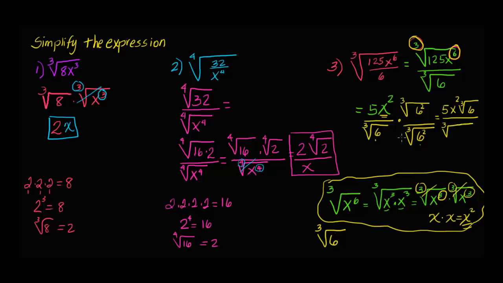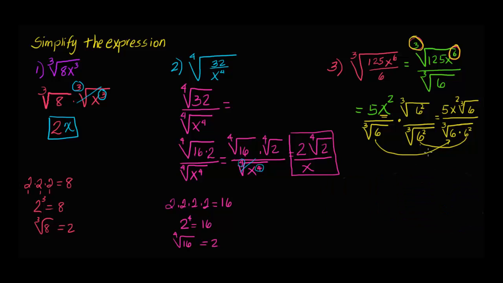Watch what happens. I can put these together underneath the same radical. Just as I can separate them, I can join them back together. So I can write 6, which is this 6 from the first radical, times this 6 from the second radical, which is 6 squared, and that's going to give you a total of 6